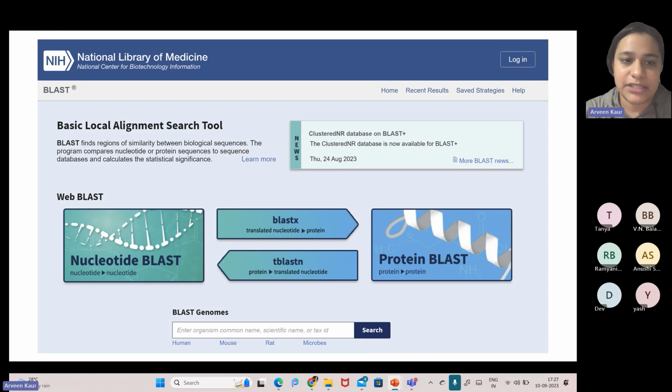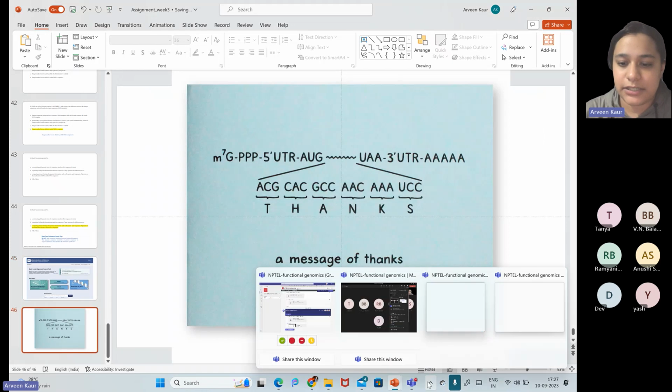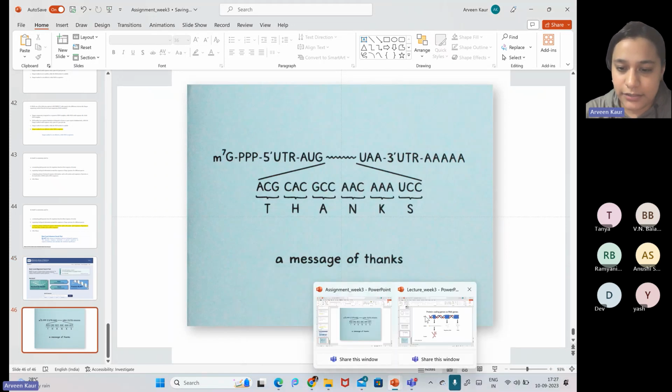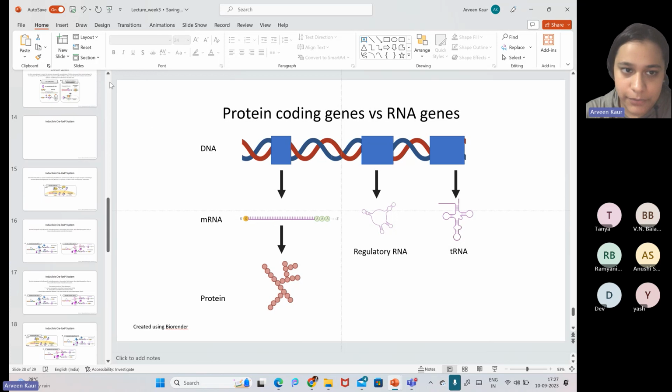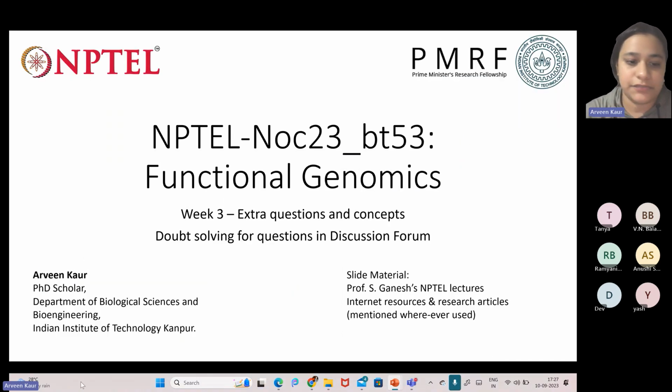I have again mentioned this particular screenshot from the National Library of Medicine, which basically contains the BLAST local alignment search tool also, basic local alignment search tool or BLAST. And that is it for this particular presentation. And we will jump on to the next one because we have actually spent a lot of time on the